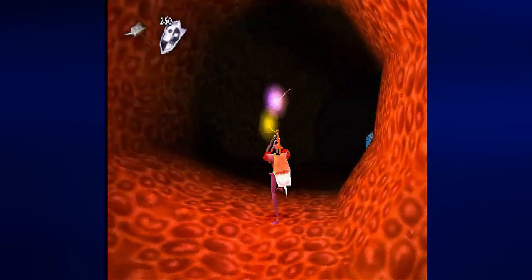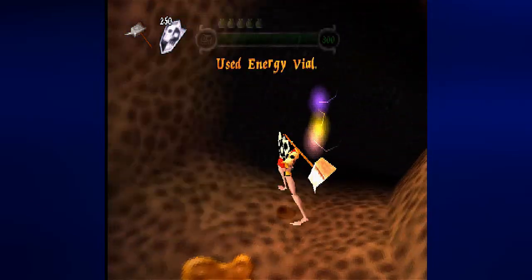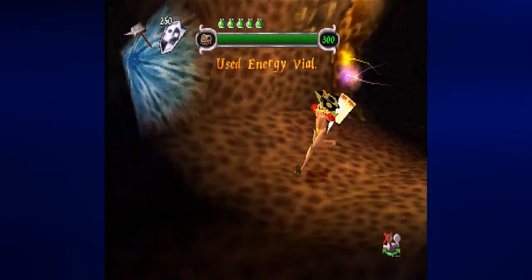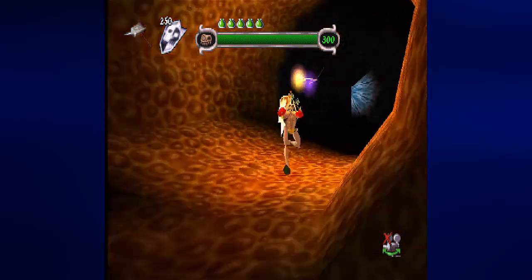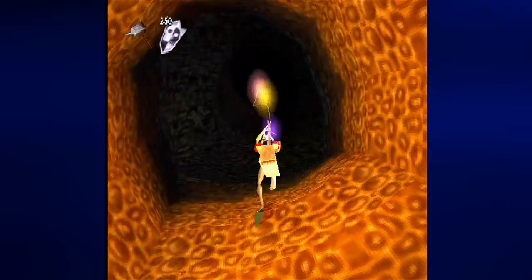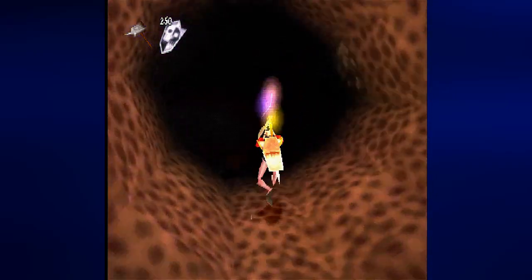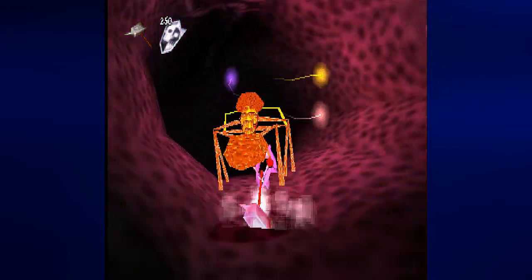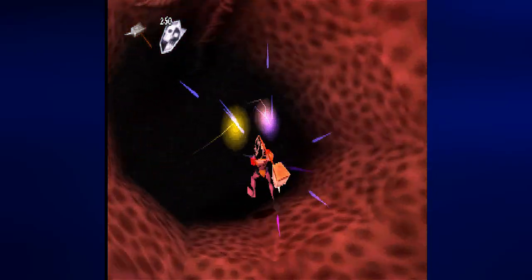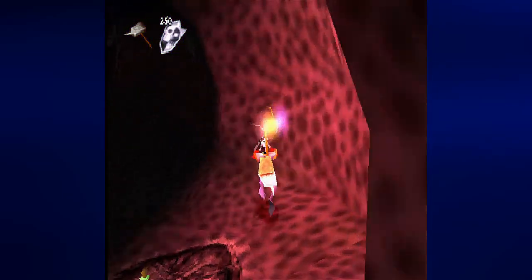You know what? Let's go ahead and take the energy vial now. If I need to heal up again, I can always go to the healing fountain near where the door to the boss of this area is. I should also mention that we will have to play through the Enchanted Earth twice. This is the first playthrough that we're going to do, and it's because...